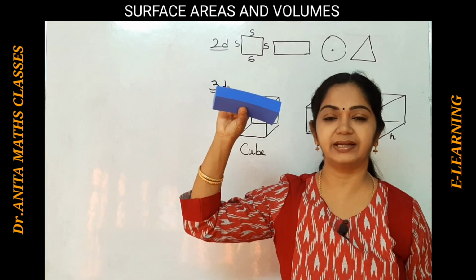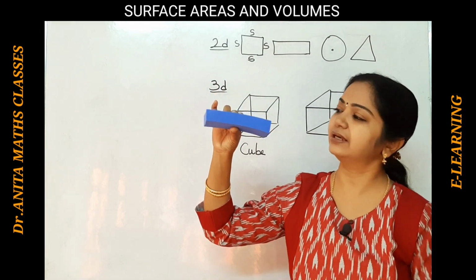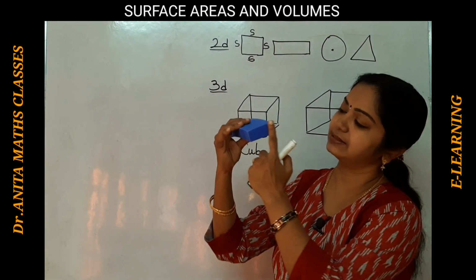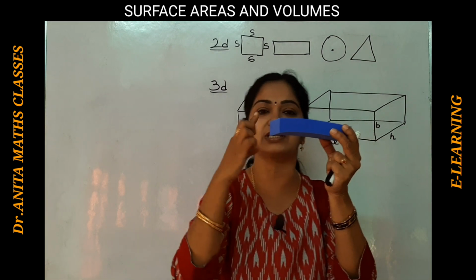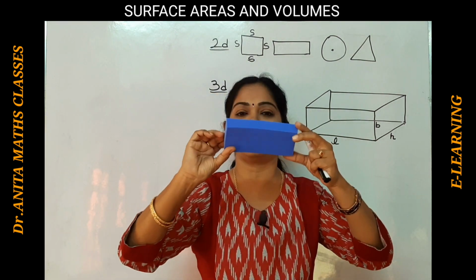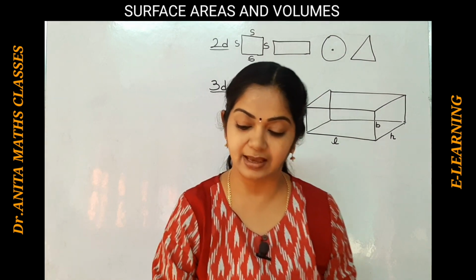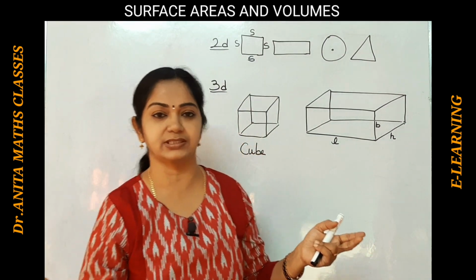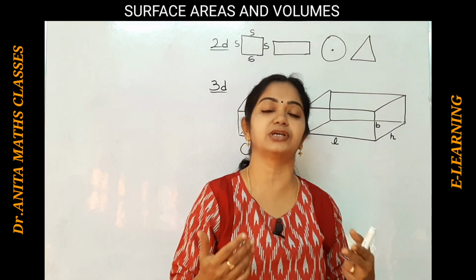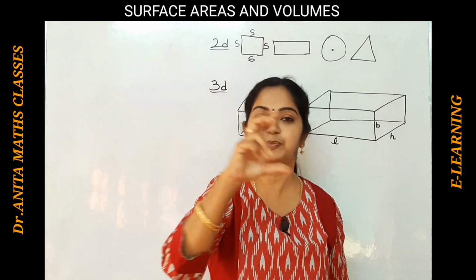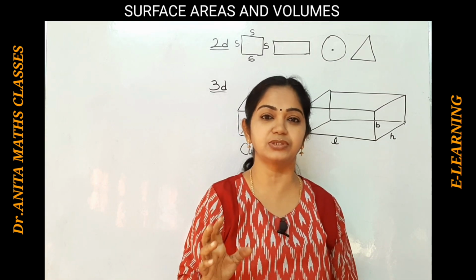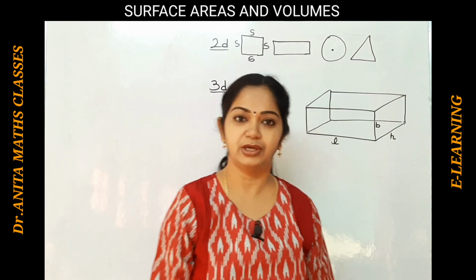Now if I tell you this, see, this is one example of a cuboid. See here, a duster, right? See cuboid, this is a rectangle, this is a rectangle, all the 4 faces are rectangles. The top and the bottom. All the 6 faces are rectangles. The examples of cuboid are numerous. Your textbooks, your notebooks, your classroom, the sponge duster which your teacher uses, all these are examples of a cuboid.